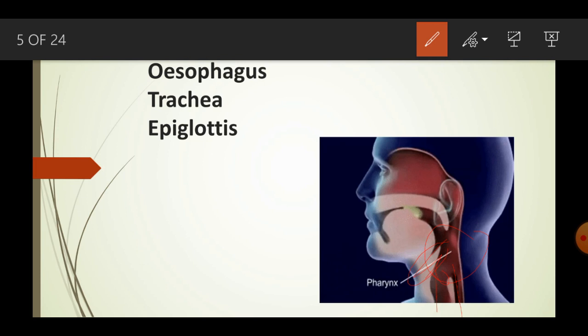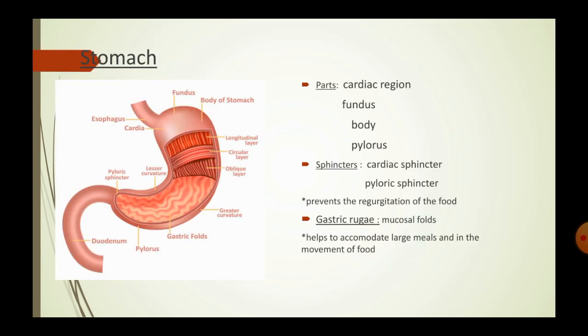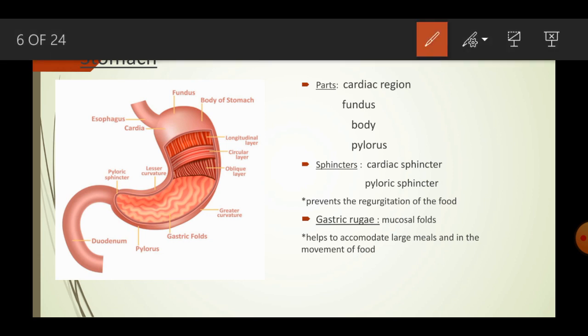Moving on, the esophagus then leads to a J-shaped bag-like structure known as the stomach. The stomach is located in the upper left portion of our abdominal cavity, and it has 3 major parts as per NCERT. The part to which the esophagus opens is known as the cardiac region. The topmost portion of the stomach is the fundus, the middle portion the body, and the terminal portion is the